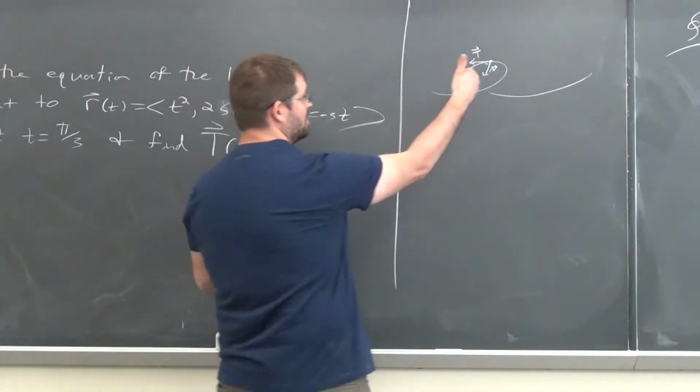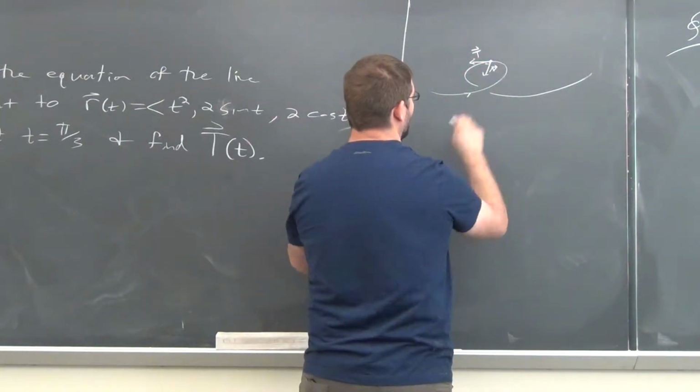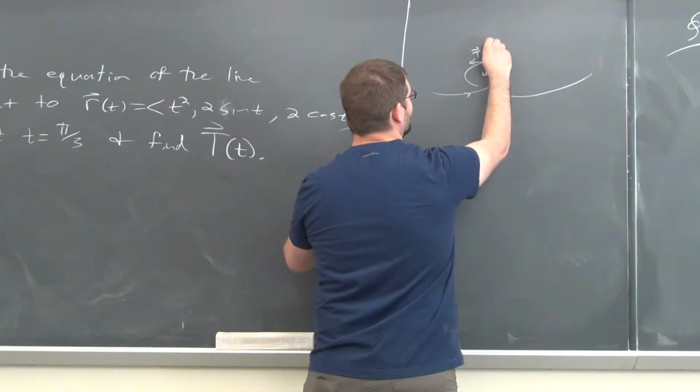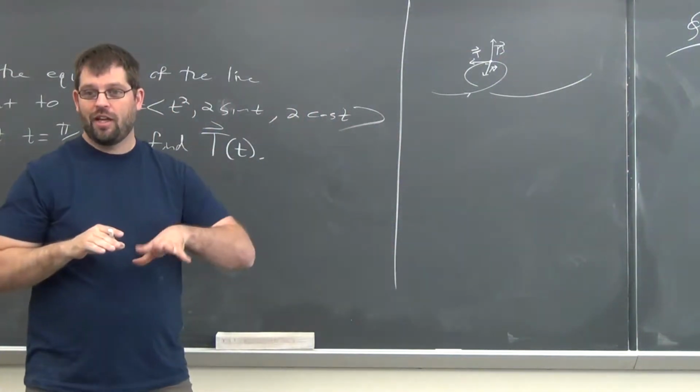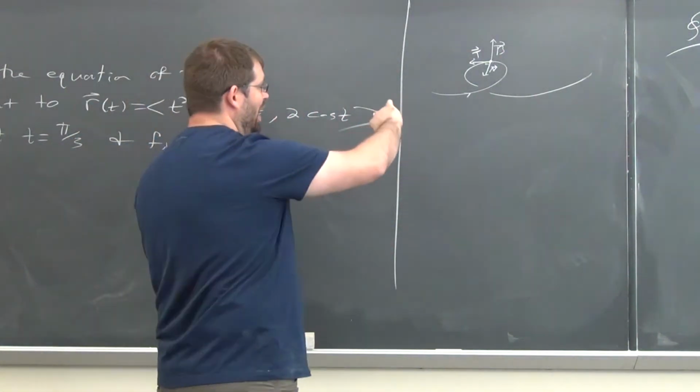So it's T cross N, right? Cross product, right-hand rule. So B is just going to stick up like this. That make sense? And so the way you should think of it is if you are traveling through space and